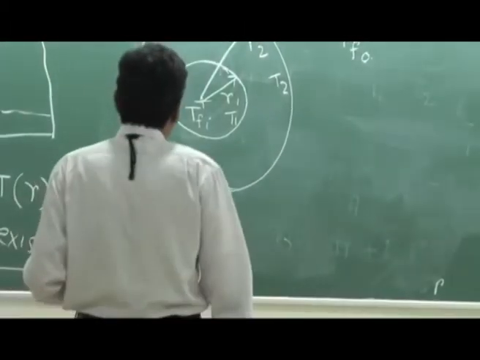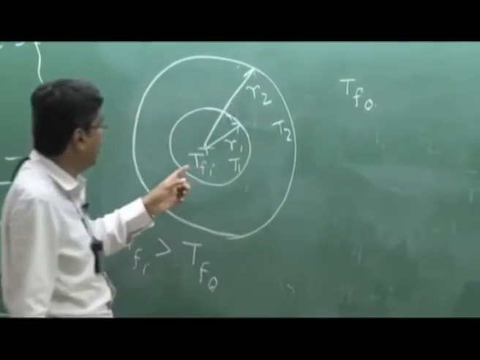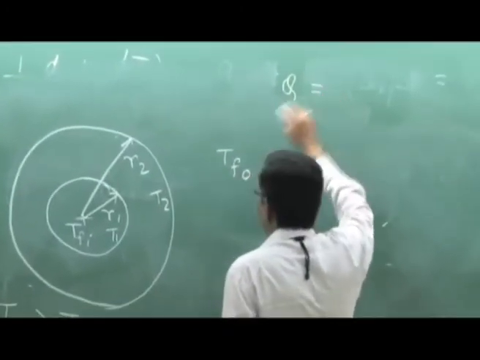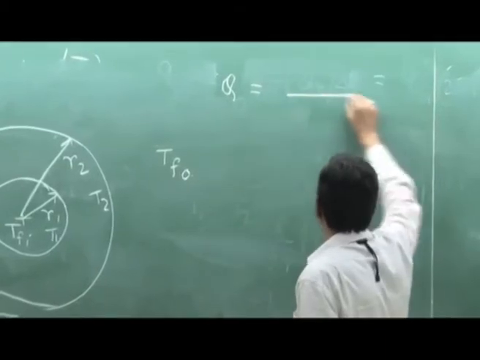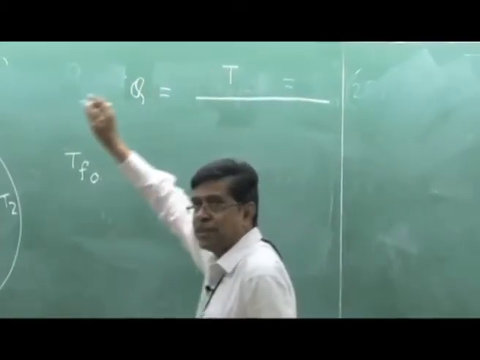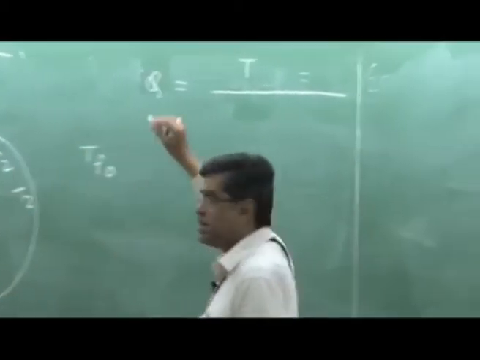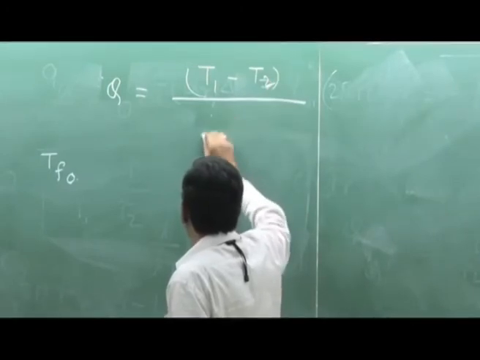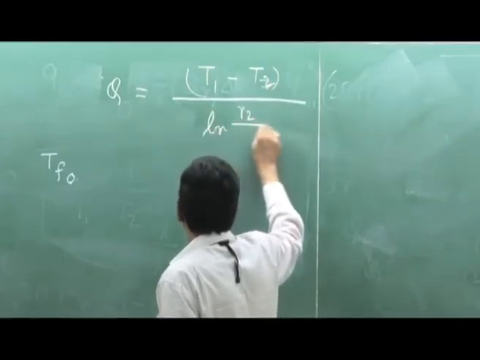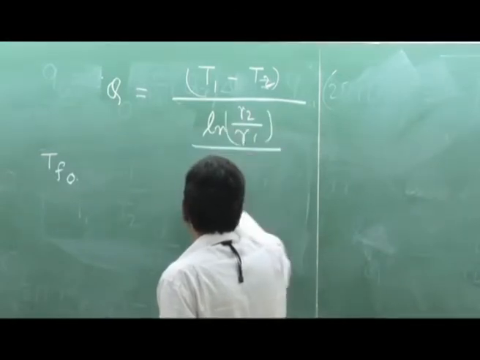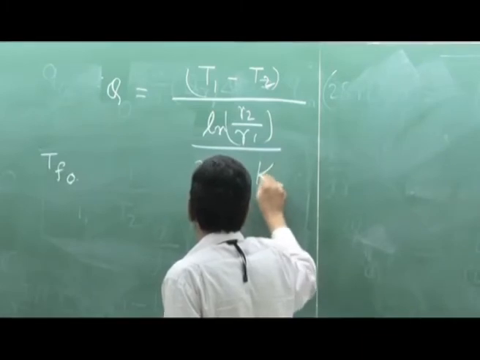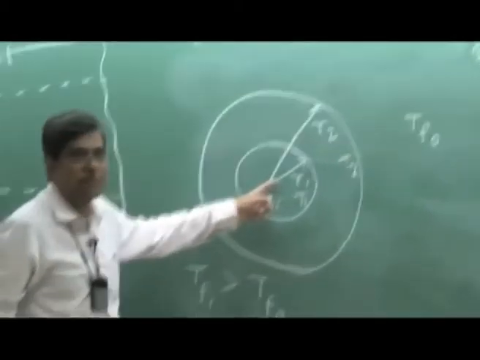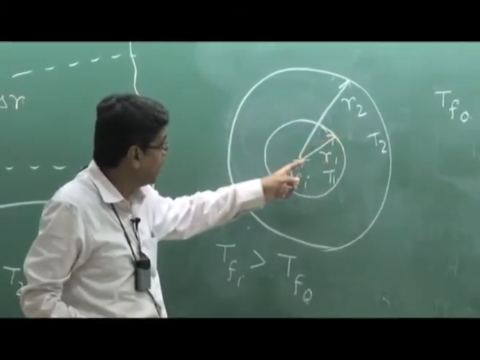So in that case, if T1 and T2 are not prescribed, only TFI and TFO, then what can we do? We know that conduction heat transfer between T1 and T2, the inner and outer surface temperatures, which may not be prescribed, is equal to ln R2 by R1 divided by 2 pi Lk. The same heat Q is coming through because of steady state, the same heat is flowing by convection from the inner hot fluid